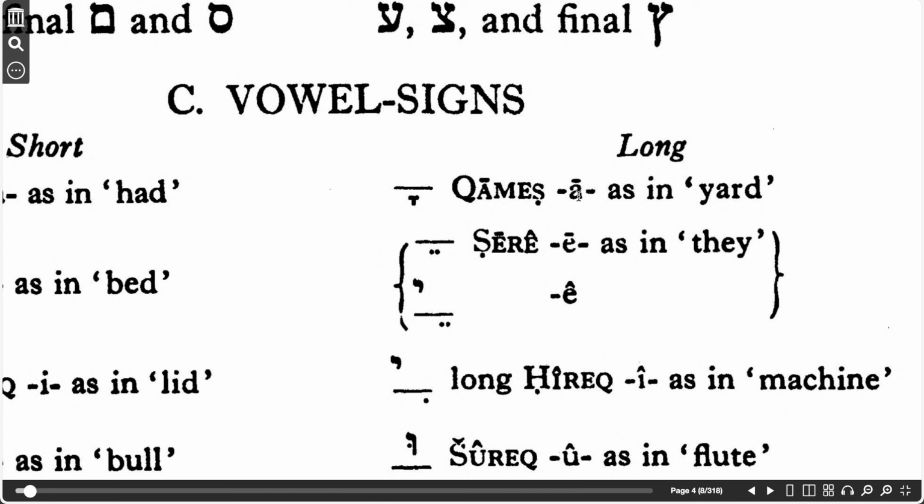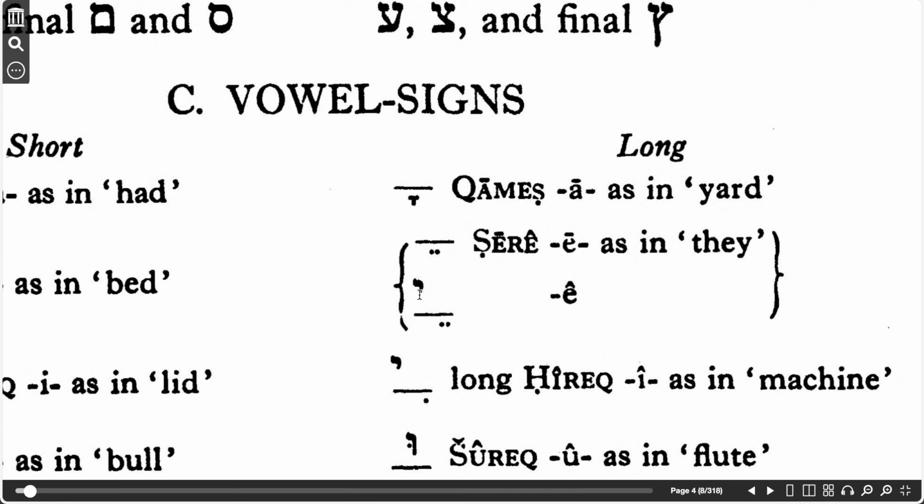Kamats means it's the ah or the a sound in yard. See how different that sound is? Yard, yard. Here we have sere, sere. These are the e sounding letters. It's the e as in they. So it can look one of two ways. It can have just 2 dots side by side under the letter, or it can have 2 dots with a